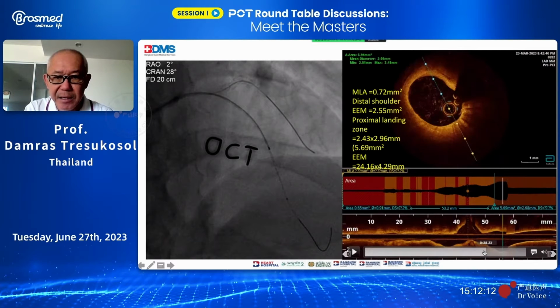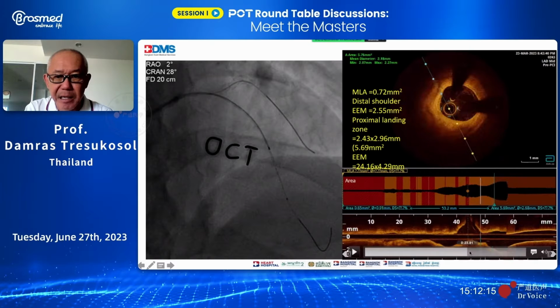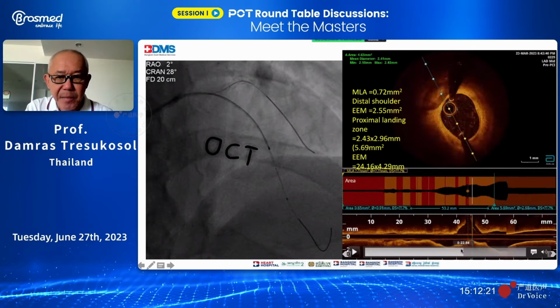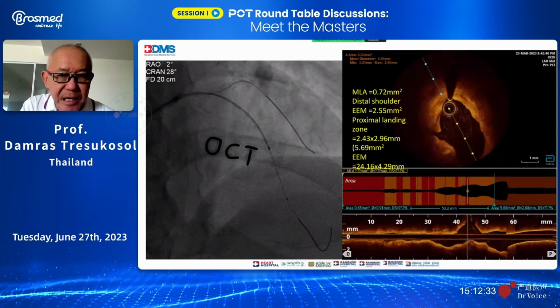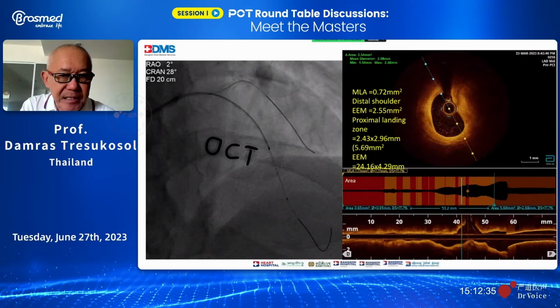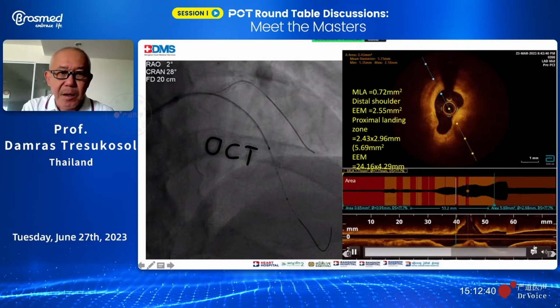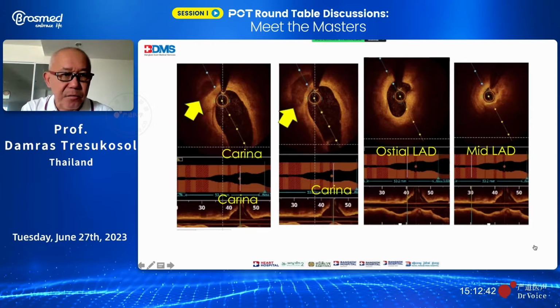I'm going back to show you the disease here. This is on the mid left main, that is 2.8 to 0.9 square millimeter. And this is at the carina. You can see that at the carina, there is a big calcium at 11 o'clock. That is the calcium to the circumflex side. So this is a complex bifurcation indeed. Okay, from this OCT, this is a freeze frame, carina, calcium,